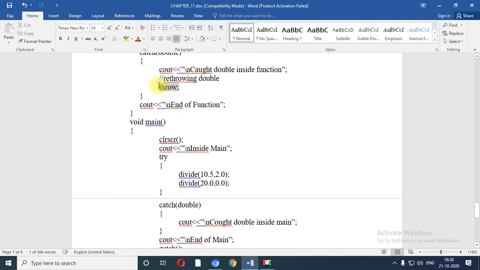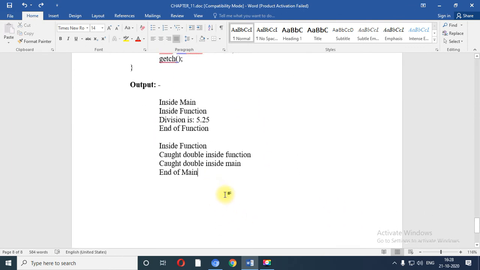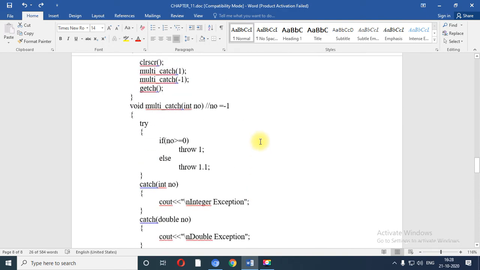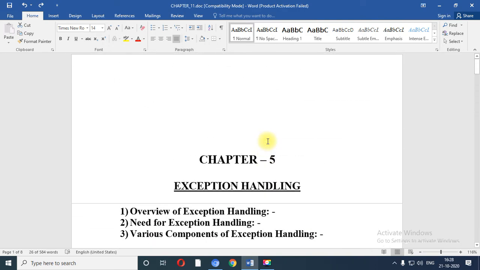So when this particular throw statement is executed, that concept is called rethrowing, and it rethrows to void main, and it will print quote double inside main, and the last line, end of main, is executed. So in this way the program is executed. This is the concept related to the exception handling mechanism.